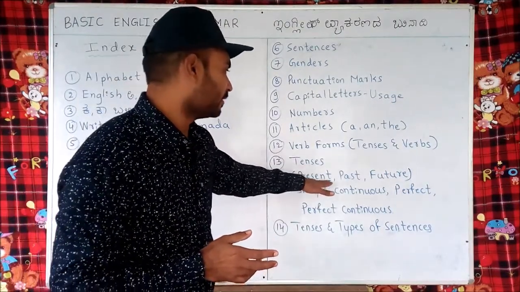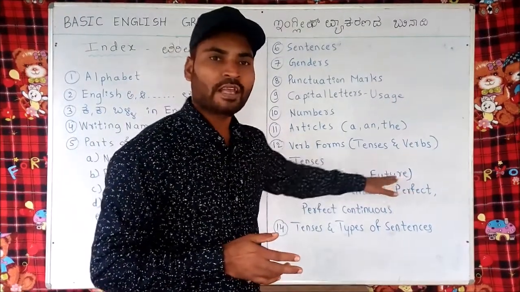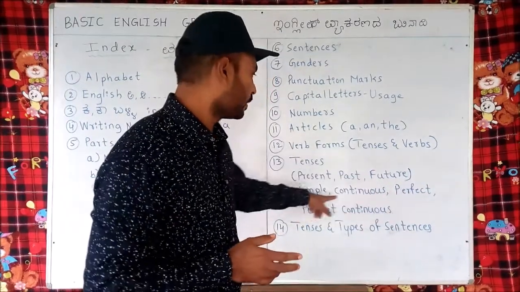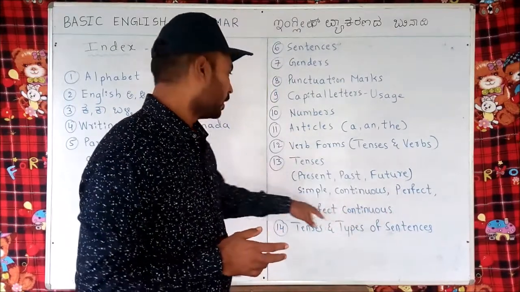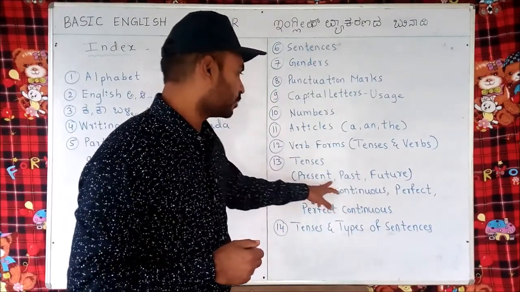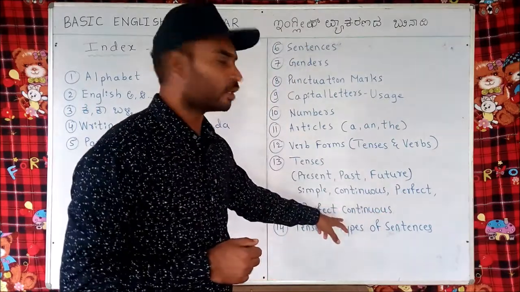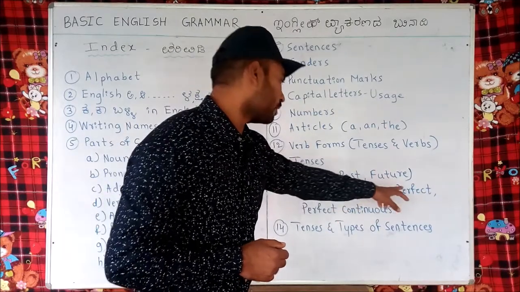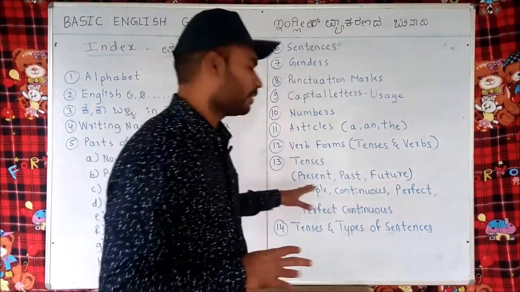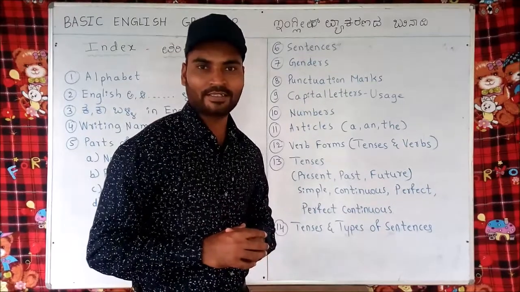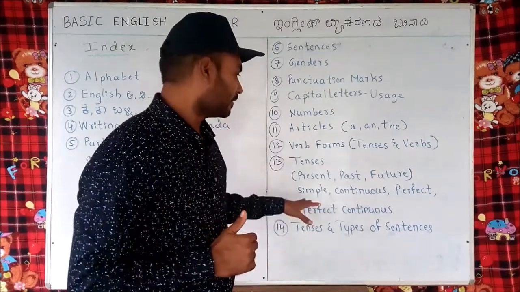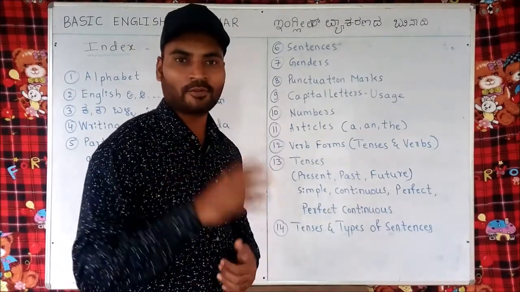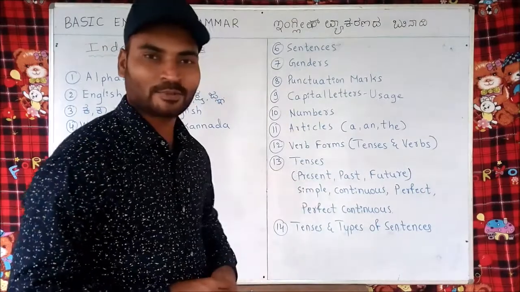We learn these 3 tenses, present, past and future, and again each tense is divided into 4: simple, continuous, perfect, perfect continuous. If we take present, simple present tense, present continuous, present perfect and present perfect continuous. If we take the example of past, simple past tense, past continuous tense, past perfect tense, past perfect continuous tense. There are only 3 tenses in English, but if we consider these types also, there are 12 tenses, and these tenses we study there.